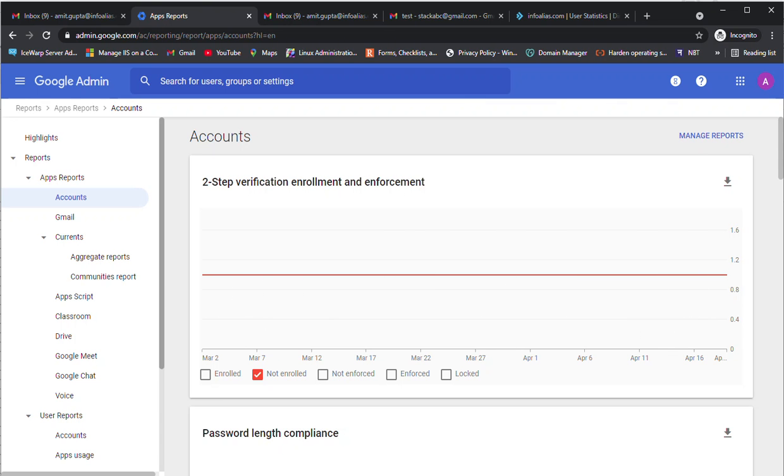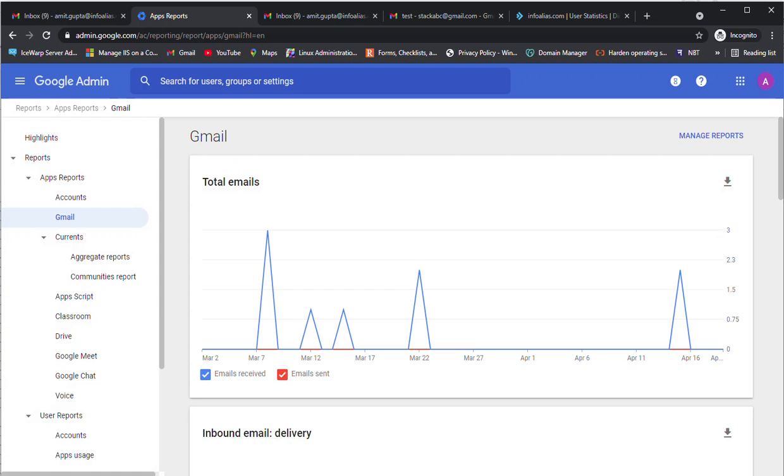Now we will see about the Gmail. In the Gmail, you can see how many emails are sent or received within your organization. On the Google Admin Console, you can monitor it and download the reports as well from here. If you want to segregate by email received only, you need to uncheck again and you can download the report.